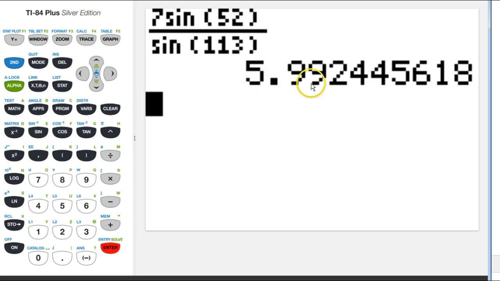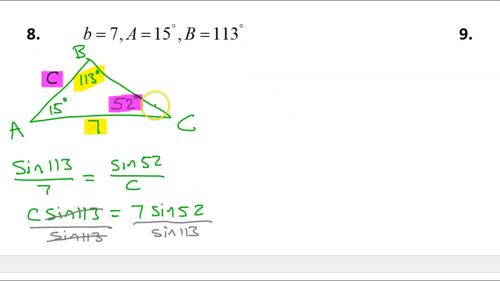Okay, I'm getting 5.992. Okay, so that's C. Okay, fine. So we just found side C. Well, now we have two sides and the included angle. So now we should be able to go on and find the area of the triangle like we are supposed to. So the area